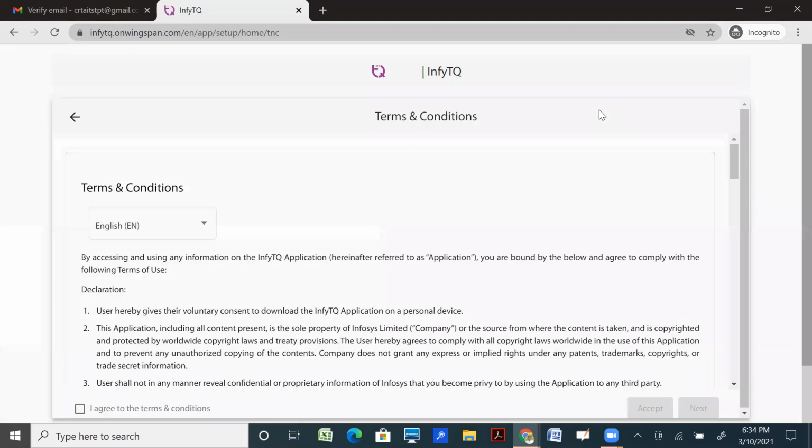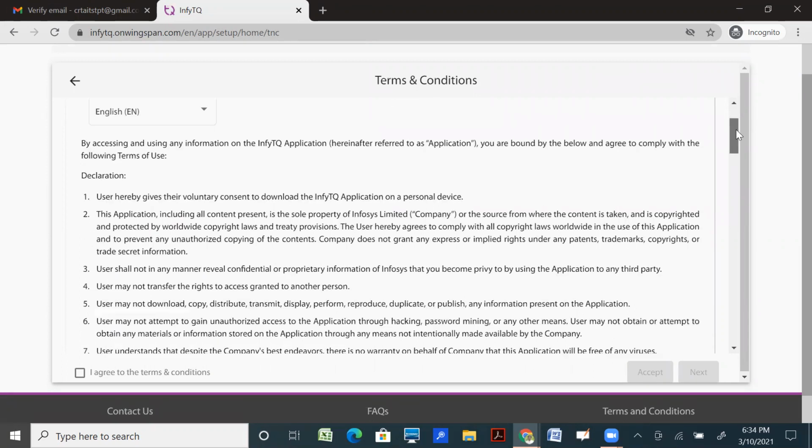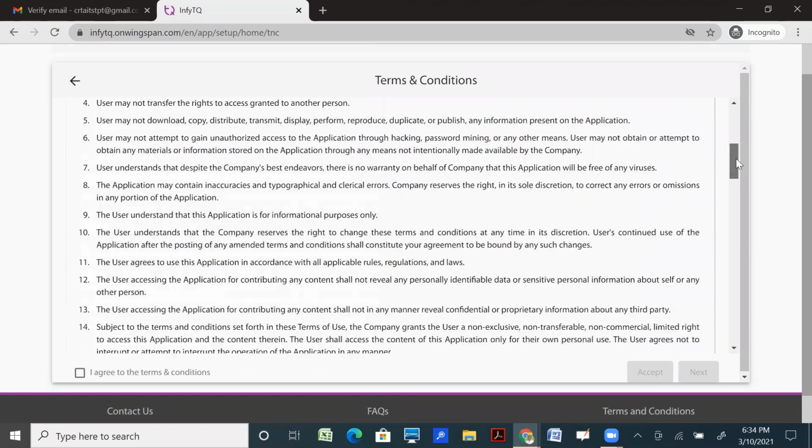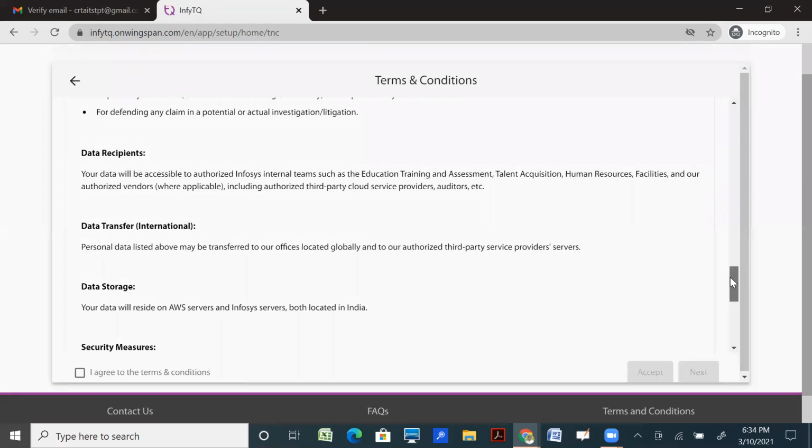Once you have signed in to your respective account, you can see the terms and conditions given by InfiTQ. So read these instructions, that is, the terms and conditions.